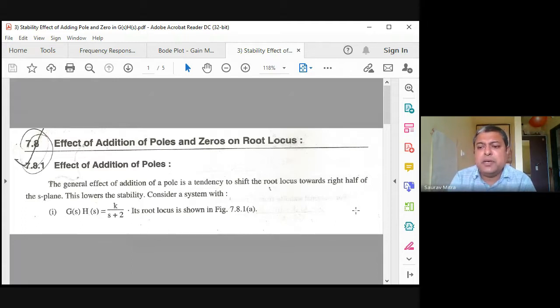Obviously both the pole and zero are left hand sided. So poles and zeros are not right hand sided. We are inserting only stable poles and stable zeros, which are in the left hand side. That is the first assumption. And the second assumption is we are inserting a real pole and real zero, that means not complex poles. Complex poles also will have the same effect, but just to explain this part, a separate part will be created in experiment 7b.